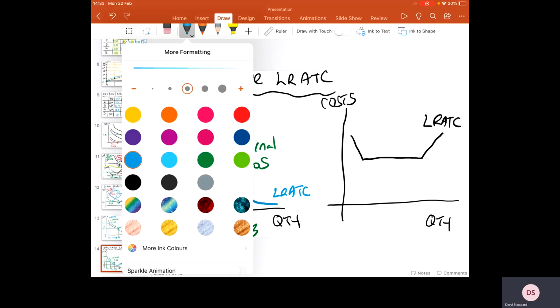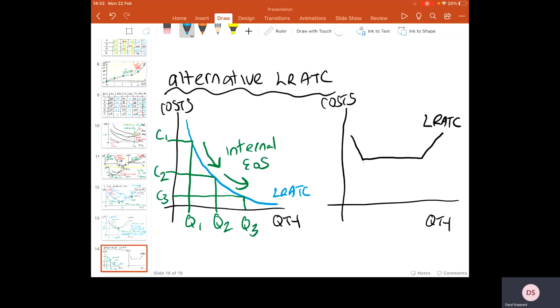Now, this is something which is probably more likely in the real world. As firms originally scale up production, again, in the long run, they benefit from internal economies of scale. And then there's a range of output levels where they operate at lowest long run average total cost. So here, this business, any output between Q1 and Q2 would be achieving productive efficiency. But then when they go beyond Q2, they're suffering from internal